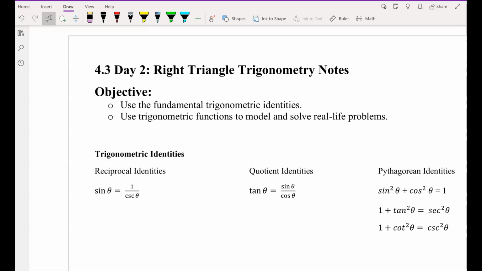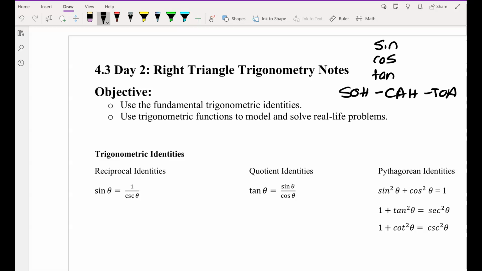Last time in class, we found sine, cosine, and tangent using SOHCAHTOA, where SOH was sine is opposite over hypotenuse, CAH was cosine is adjacent over hypotenuse, and TOA is tangent is opposite over adjacent. Today we're going to finish off section 4.3, and our objective is to use fundamental trigonometric identities and to